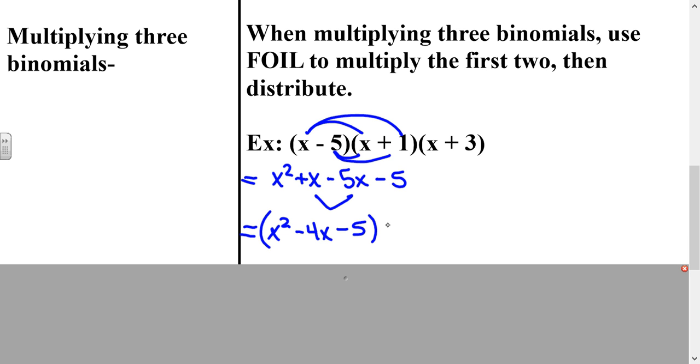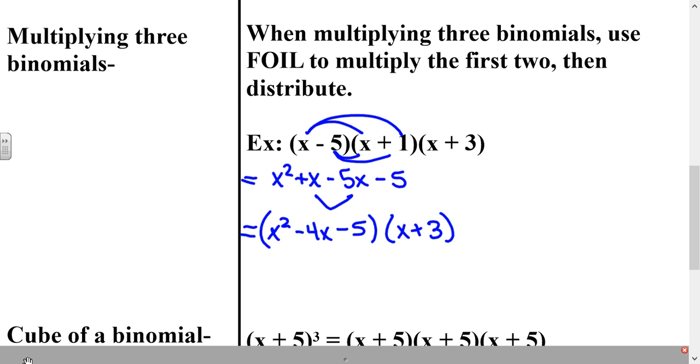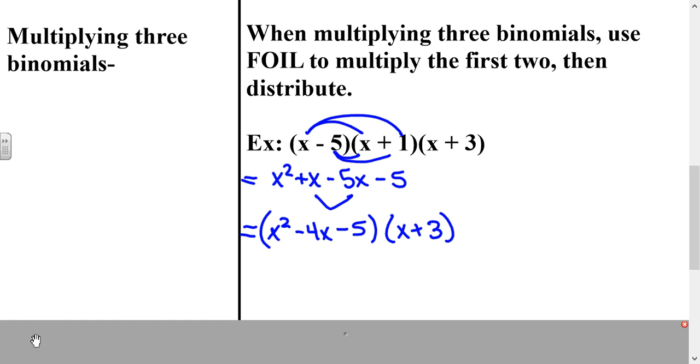Then I have to take that times the last binomial, which was x plus 3. So I'm going to do the stacked method from here, just so that you can get some more exposure to that, but you don't have to do that. If you're using the distributive method from here, you would take x squared times all the numbers, then take negative 4x times all the numbers, and then take negative 5 times all the numbers. So I'm going to do the stacked method over here, and then I'll do the other method down here. So if I take x squared minus 4x minus 5 times x plus 3 using the